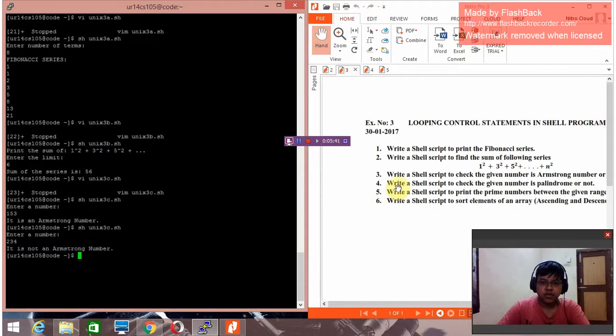Moving on to the next part, which is write a shell script to check whether the given number is palindrome or not. So what is a palindrome number? A palindrome number is basically the same number reading from forward or backward. All the digits are the same. Let's move on to the program,